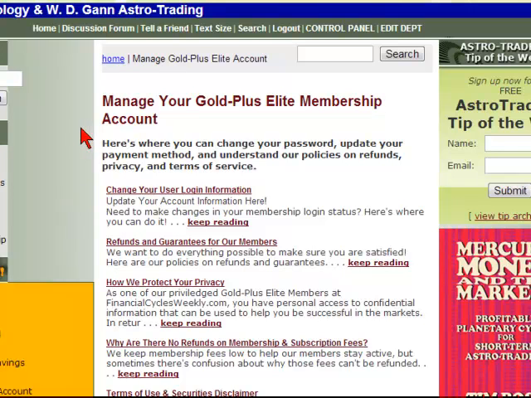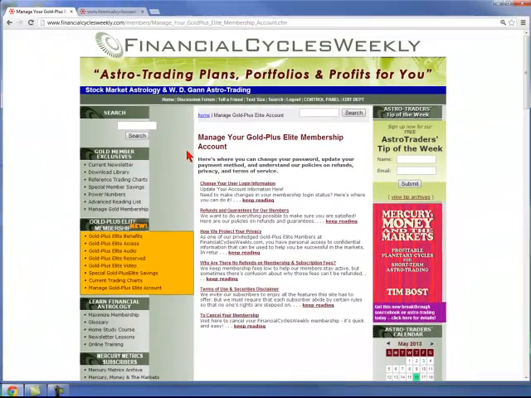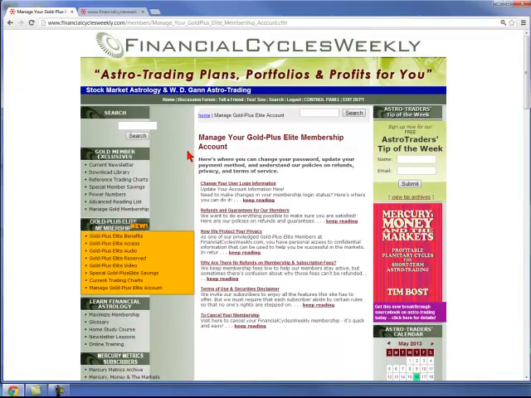So our aim, of course, with the Gold Plus Elite membership program is to take up a minimal amount of your valuable time and give you information that you can use to trade with effectively and profitably. But in doing so, we also provide a lot of background information and online resources that you can use. As we were rapidly clicking through the newsletter area and some of the other features, the videos and audios, you can see that we have a good bit of data here stored on the website that you can go back and reference. One of the things that you can do, for example, here is